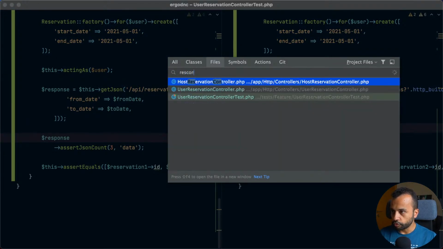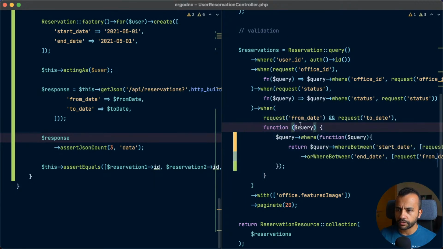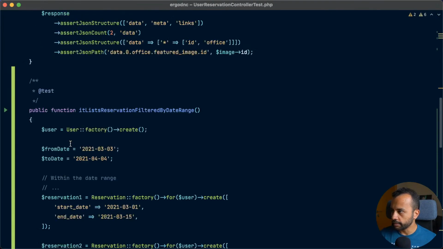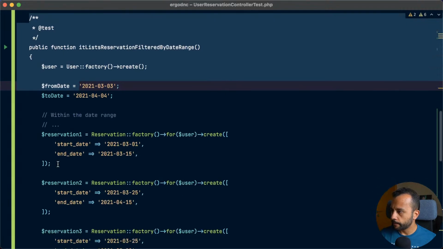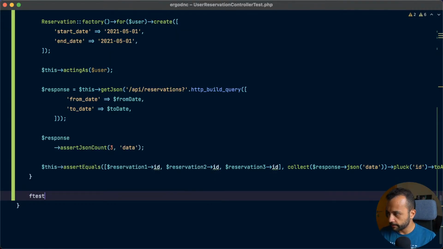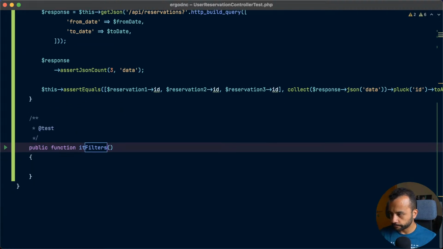So, user reservation controller. This part is good, which is filtering by from date and to date. We need to also test filtering by status and test filtering by ID. So let's do that. Let's copy this. Oh, no need to copy. So test it filters results by status,